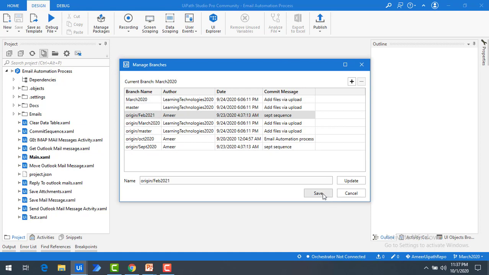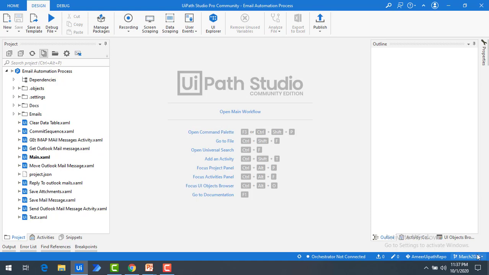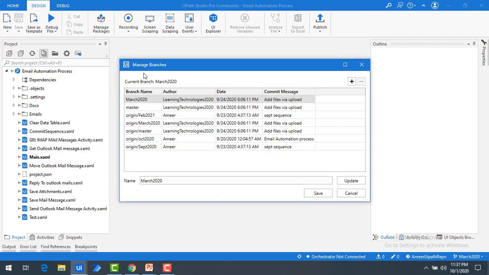Now what I'm going to do, I'm going to save this. Now if you see again under branches, you don't find that September 2020. Let me go ahead once again to manage branches, there you don't find it. But the origin branch is available. Okay, we're not going to be deleting that one. Okay, that is the remote branch, it is there. So what will happen is in my local, that branch has been deleted, but not from the remote branches.